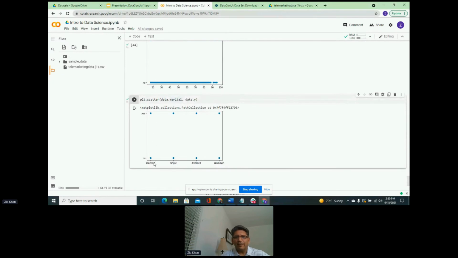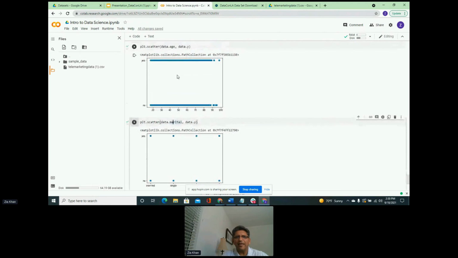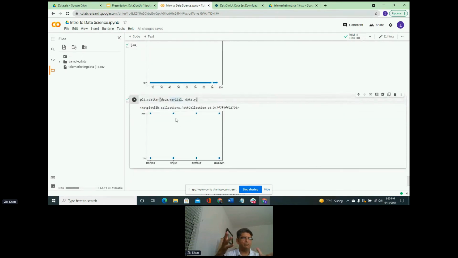This feature is again a categorical feature, and both of these features are categorical, not just one, because earlier we had age as a numeric feature and the other one was categorical. So this chart is not informative at all, because we are just trying to figure out if there's a relationship between two categorical features, and this kind of scatter plot does not help with that.